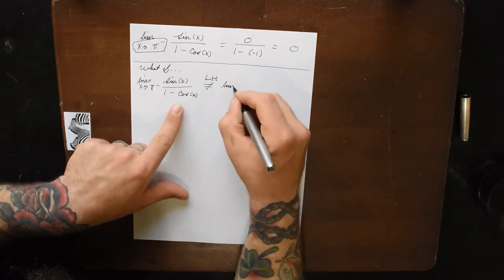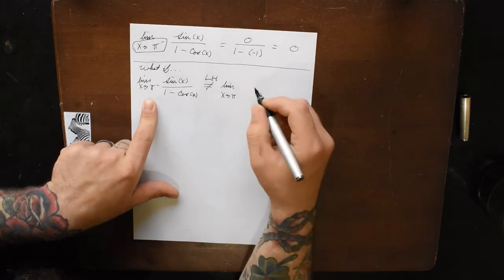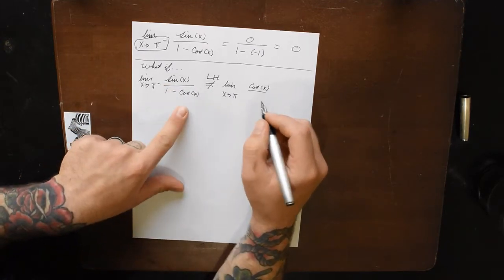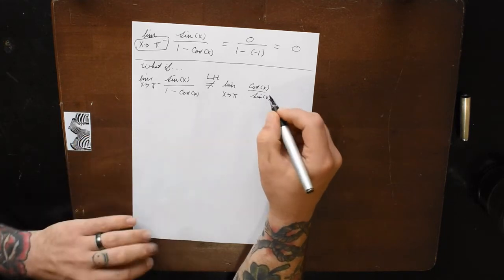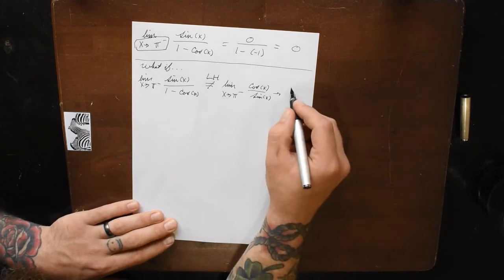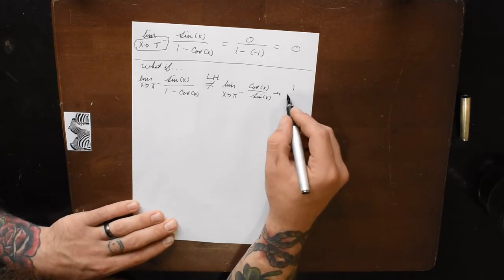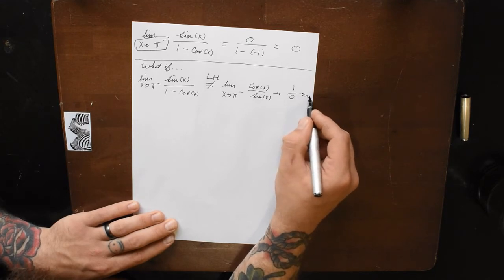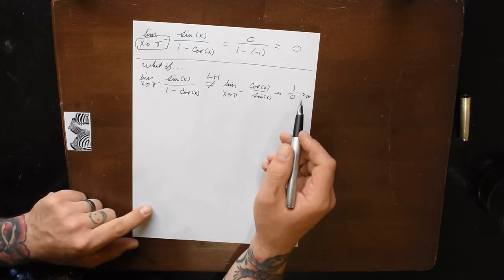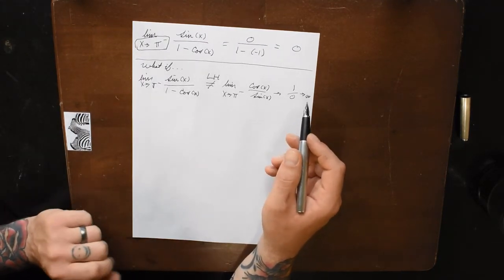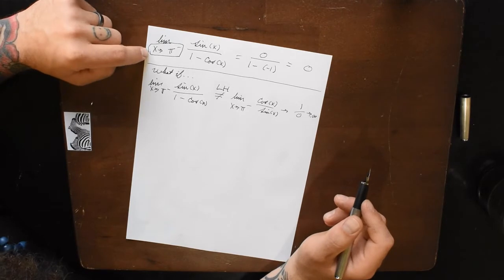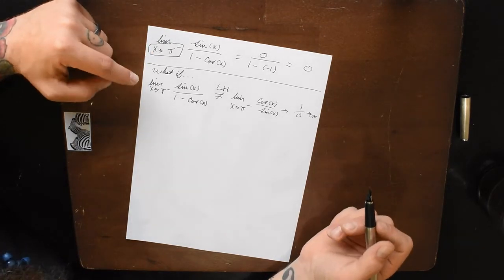Limit x goes to pi of the derivative of sine, which is cosine of x, divided by 1 minus the cosine of x, which goes to a sine of x. And now this is going to go off to the cosine of x, the cosine of pi is going to go off to 1, and our denominator is going to go to 0, so this goes off to a positive infinity. Perfect. So, let me think. From the left, we're actually going to make it to a negative infinity. I'm sorry. So, when we apply L'Hopital's rule,